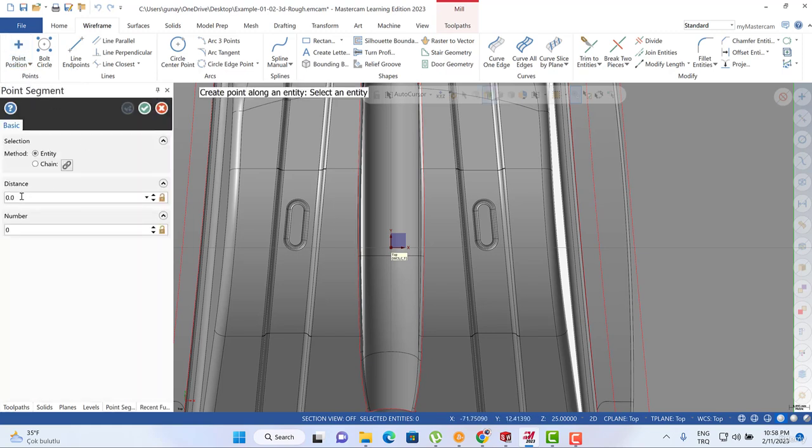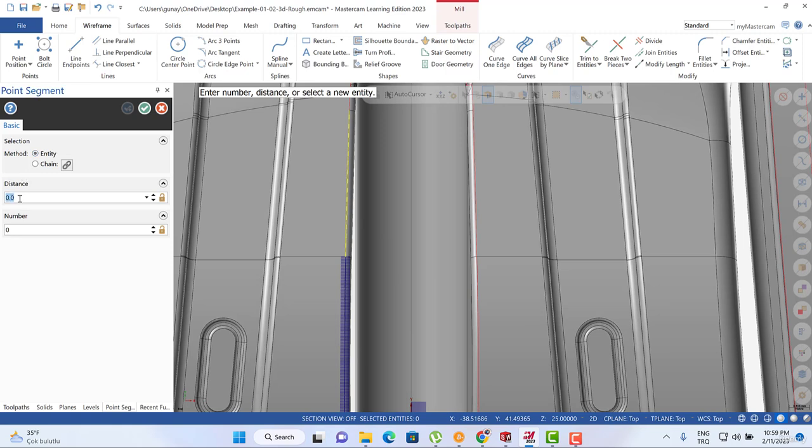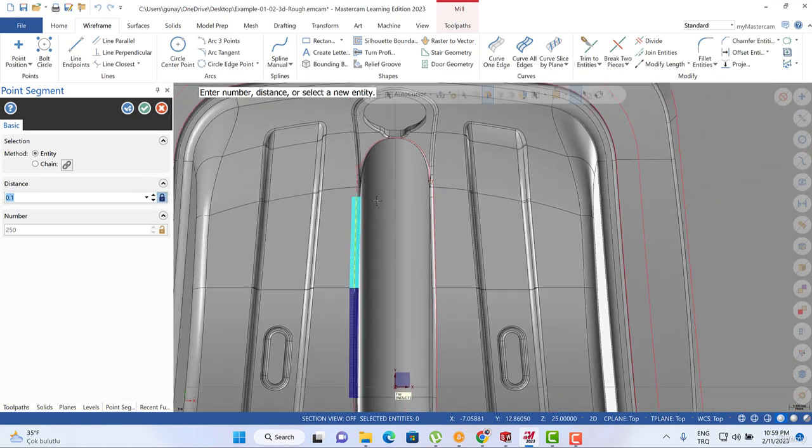And then as a distance, we can write 0.2 or 2 millimeters, or maybe we should use 0.1 millimeters here, and then we can create our point, and then we're gonna hit that button,